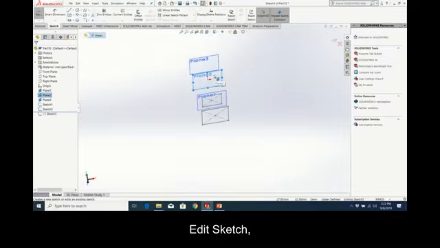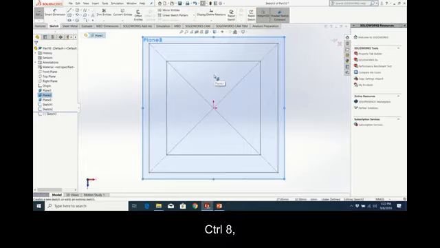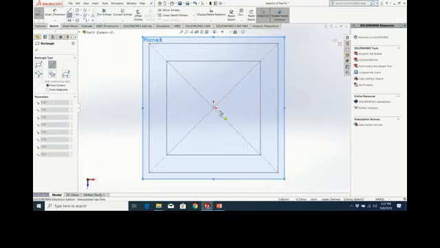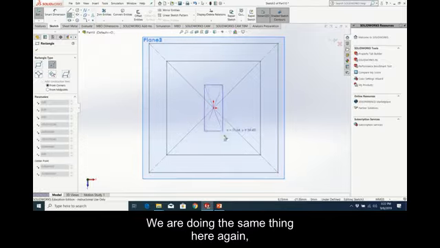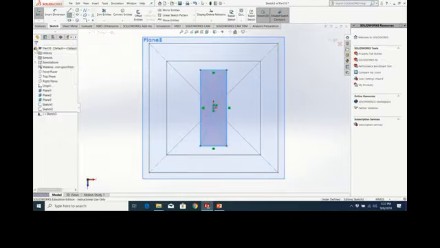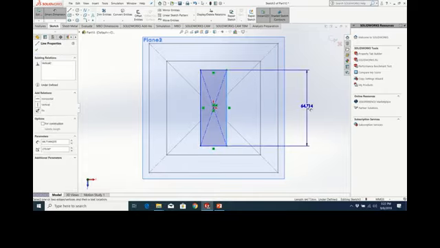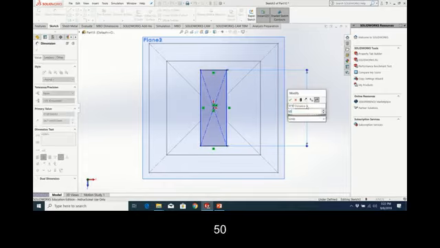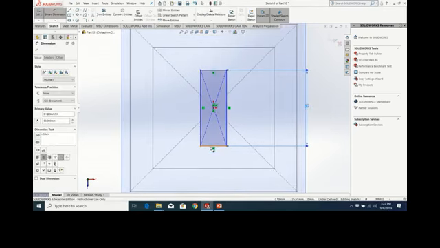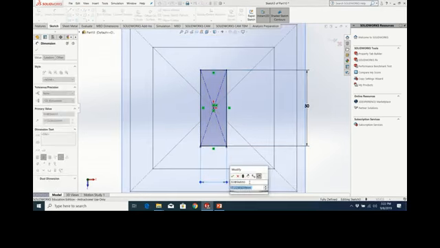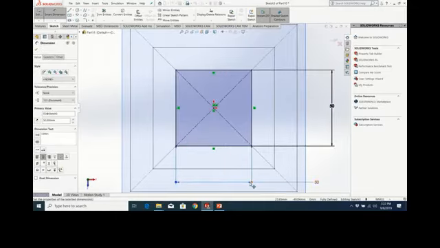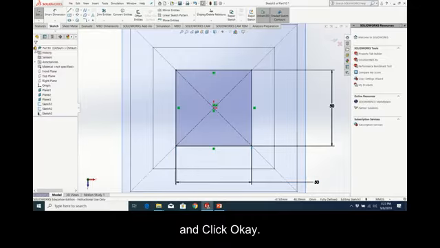edit sketch, Control 8, center rectangle. You're doing the same thing here again. Smart dimension, this would be 50 by 50, and click OK. Now exit sketch,